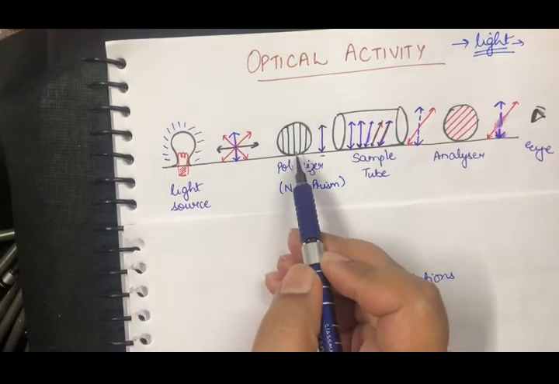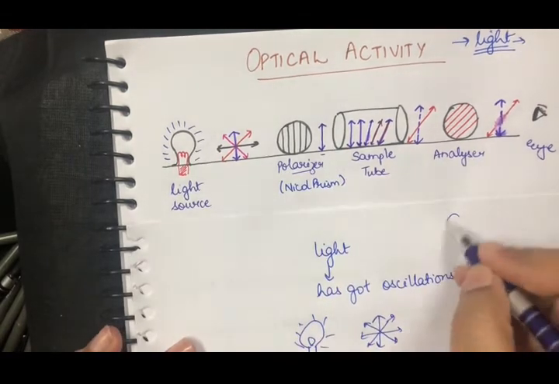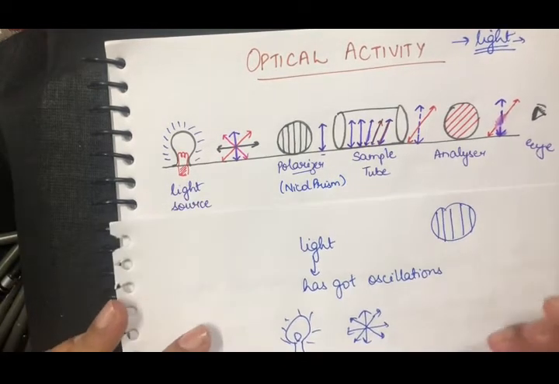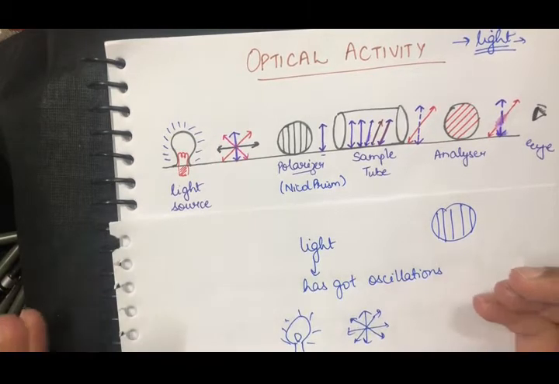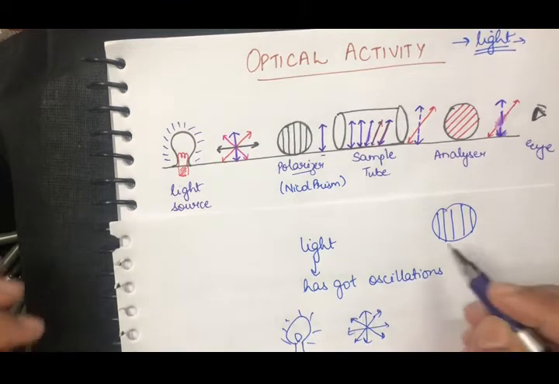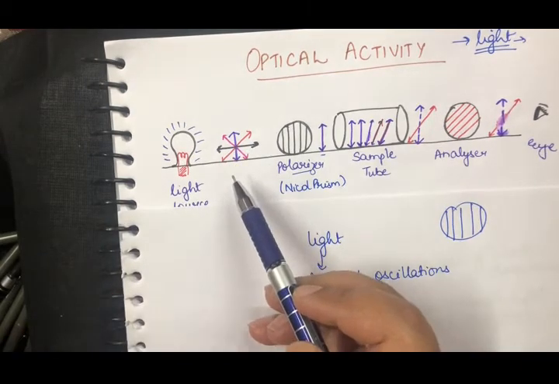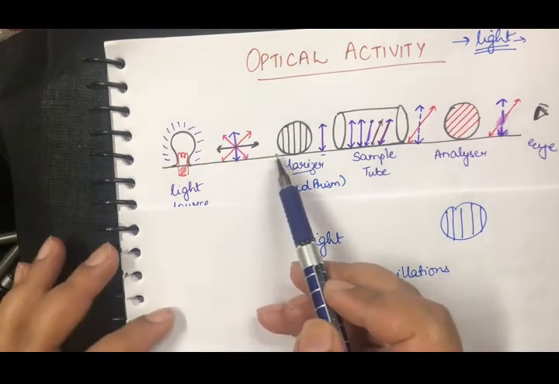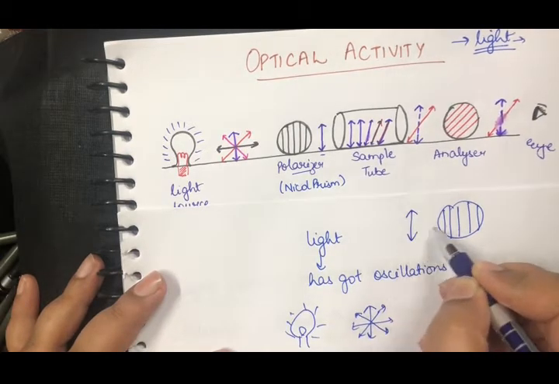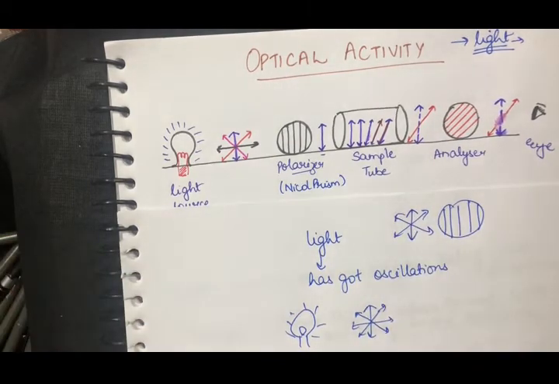Now what is the purpose of this polarizer and how do we place it? As you can see, I have made a circle with bars, the vertical bars here, right? You can assume it is like an entry or a door which has vertical bars, like you must have seen in jails, in movies and so on. Now what is going to happen when the light, with the oscillations in all the possible directions, tries to pass through it? Only this component will be able to pass through it. This component would be restricted, this component would be restricted, and all the other planes would be restricted.